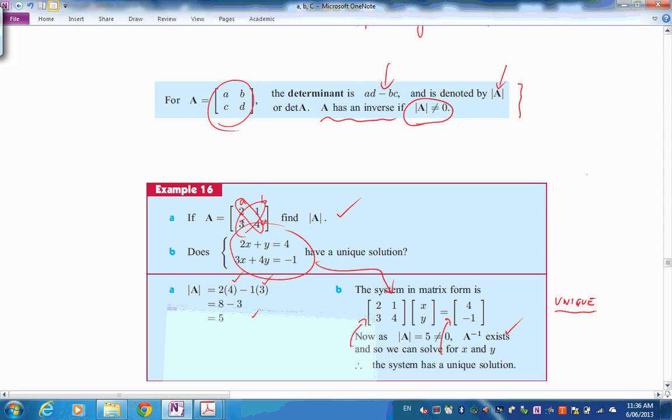Notice if you didn't have an inverse, all that means is you can't do this and you won't have a unique solution. But if you cannot find the inverse, the system may still have infinite solutions. So when the determinant of A, or det A as we sometimes call it, is equal to 0, you can't find the inverse, so that means you can't find a unique solution, but infinite solutions may still be possible. Okay, come on down and let's have a look